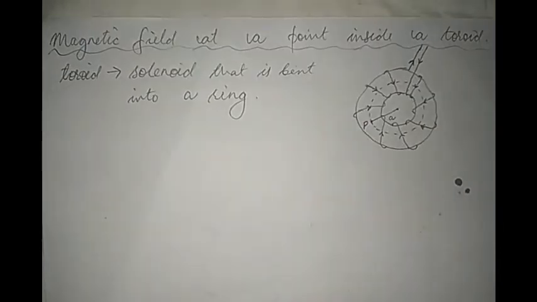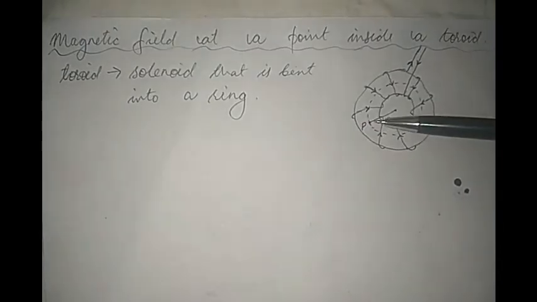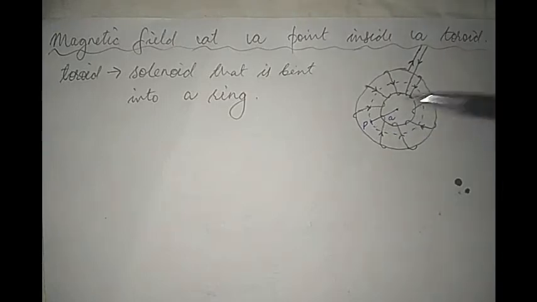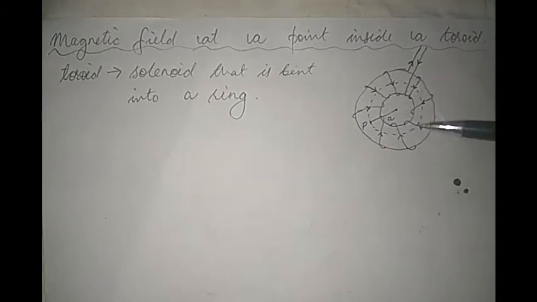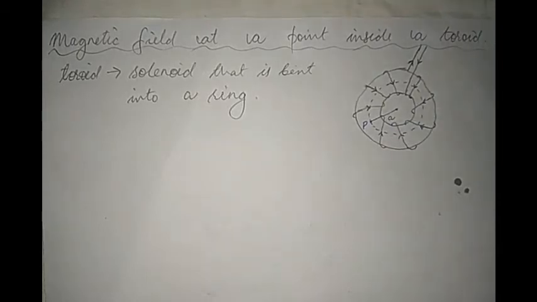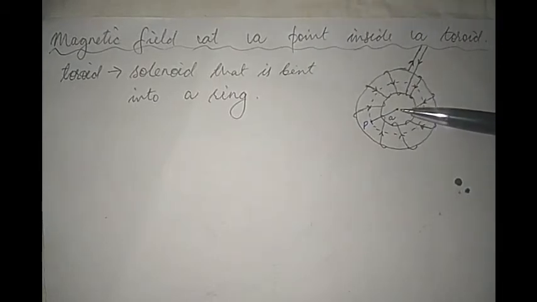Say, for example, now that we want to calculate the magnetic field intensity at this point over here, P. In order to calculate magnetic field at this point using Ampere's circuital law, we need a closed loop. The closed loop is represented by the dashed lines. It is a circular loop. And let us consider that this circular loop is at a distance A from the center of the toroid. So to say, the radius of the circular loop that we've considered is A.